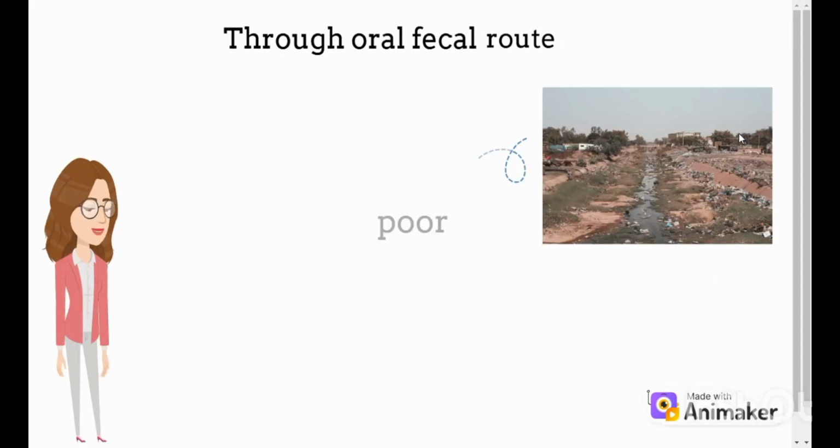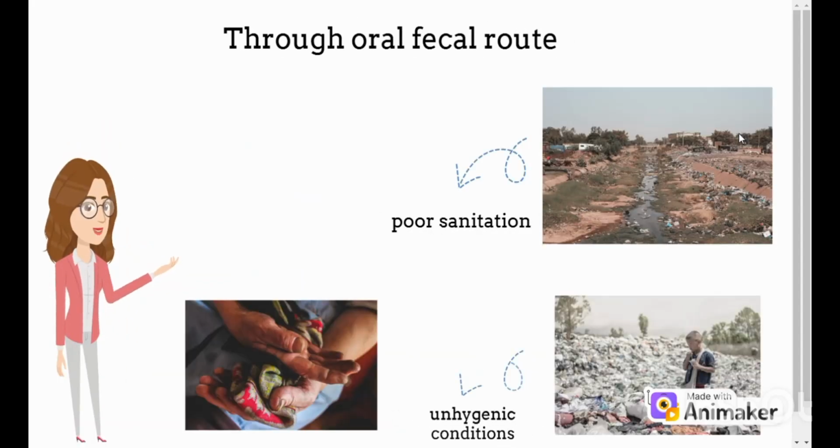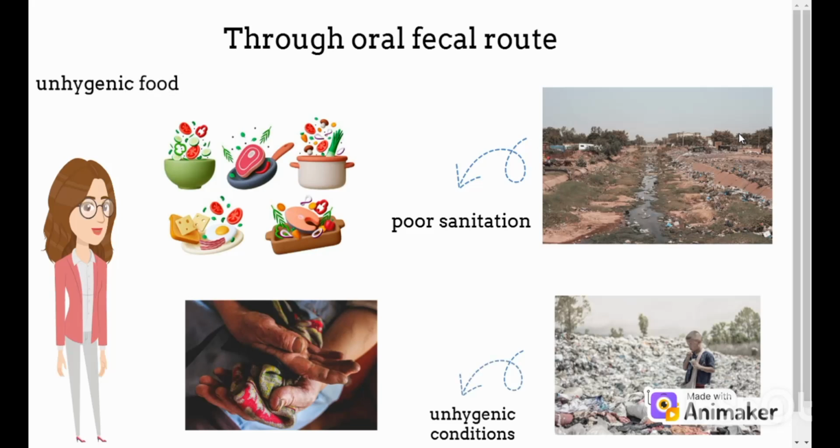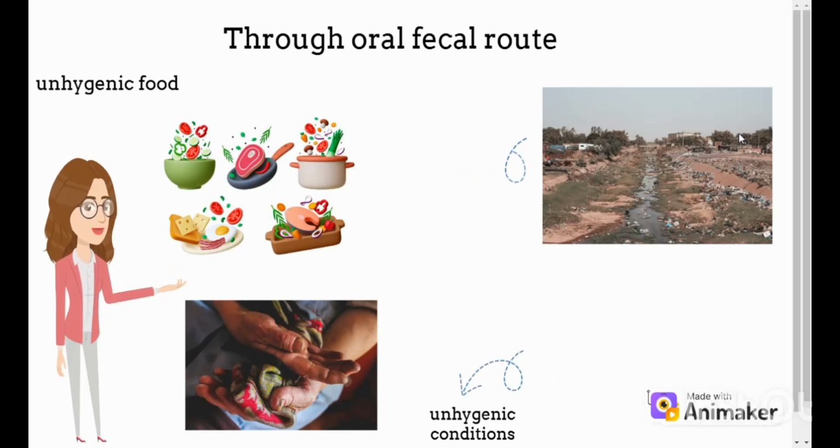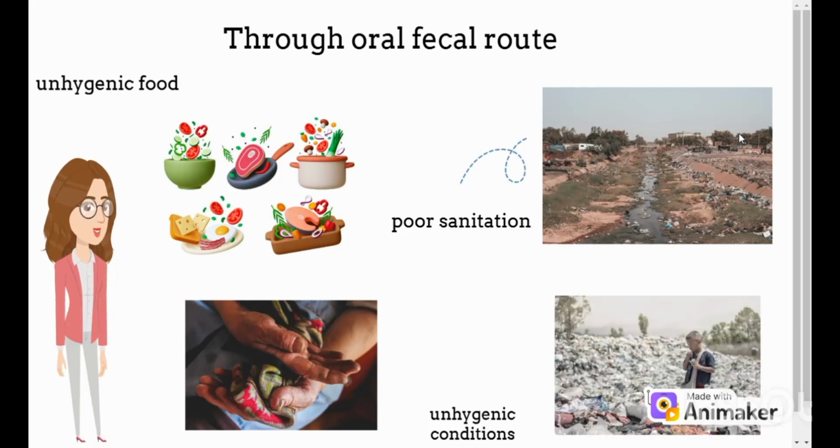Reovirus is also transmitted via the fecal-oral route, primarily because of poor hygiene and unsanitary conditions. This process typically involves the ingestion of contaminated food, water, or contact with surfaces that harbor the virus. The infection cycle begins when the virus is shed in the feces of an infected individual and subsequently contaminates the